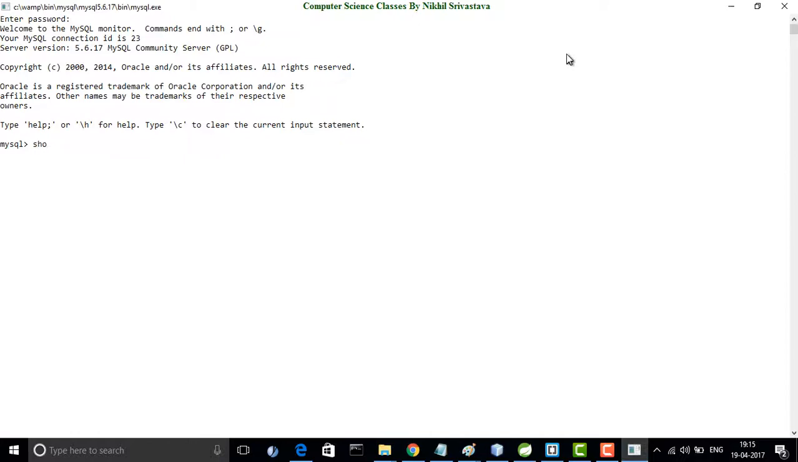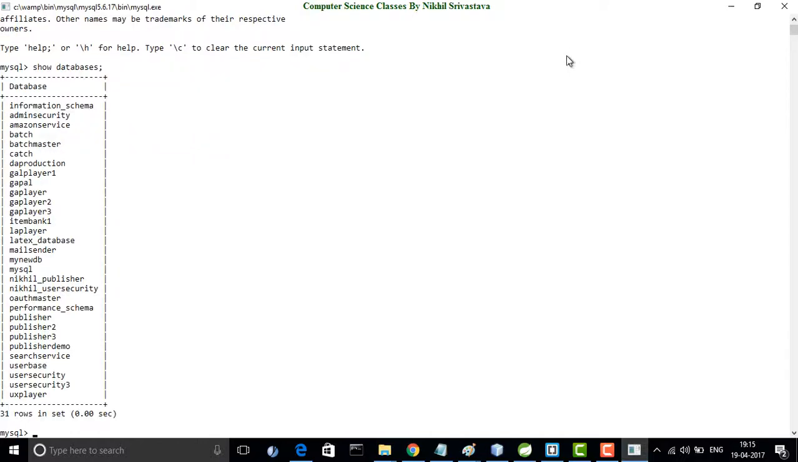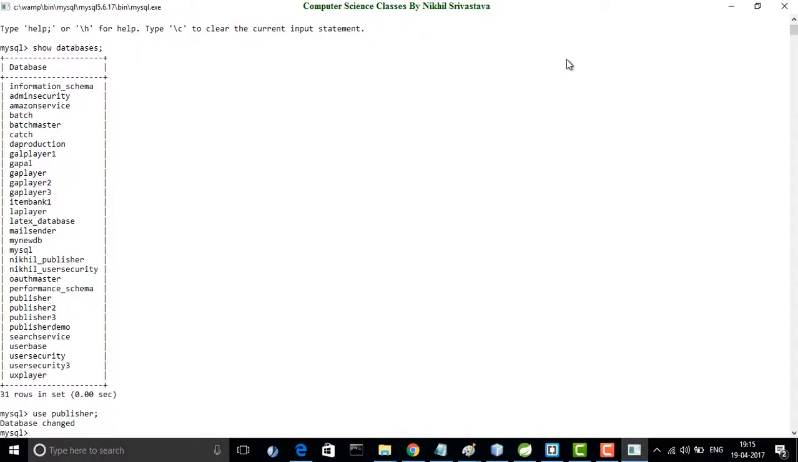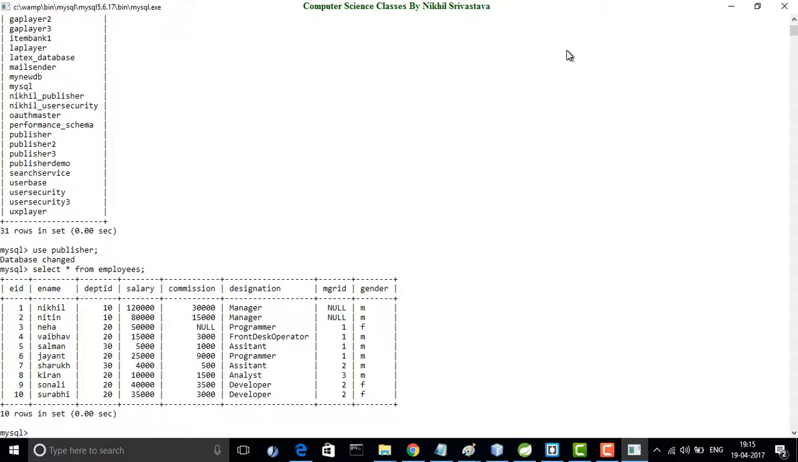So first of all I will say show databases. So what are my databases? These are the list of databases that are on my server, and I will use the publisher database. So suppose I say use publisher. Inside the publisher database there is one table. What is the name of the table? The employees table. Okay, and if I go on to write something like this is my employees table, and then there is my